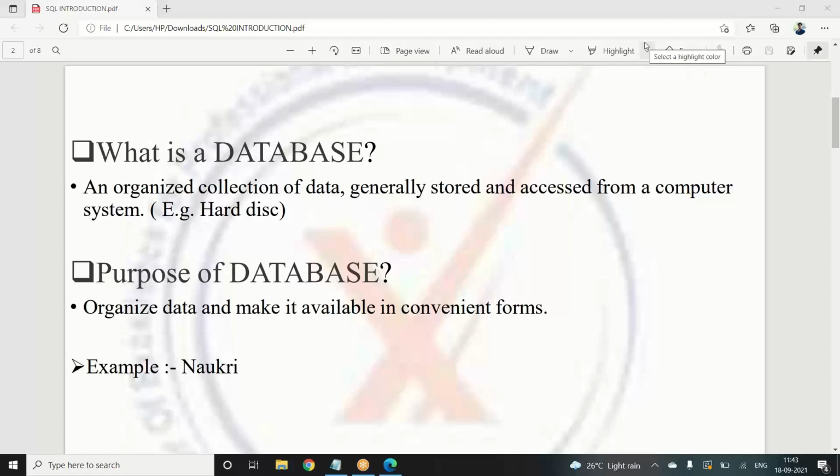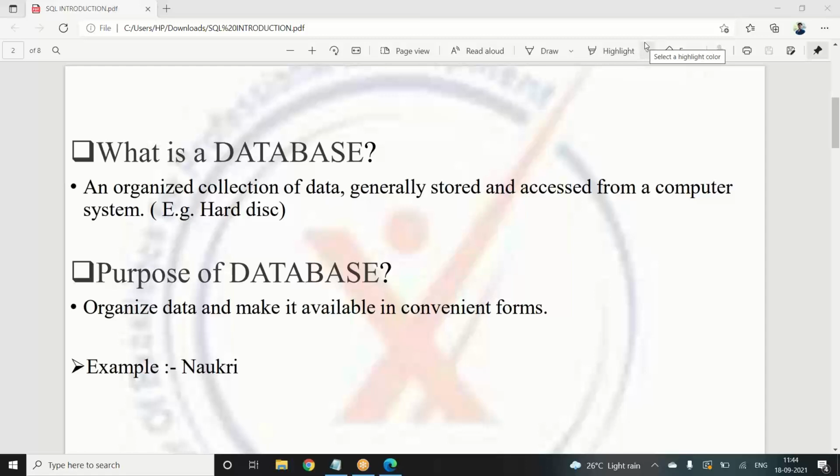Here, the different kinds of products are what we consider as data, and a disorganized collection is like randomly throwing all the data everywhere. If you want to view some specific data, it will be very hard for us. That is why we need an organized collection, separated into different sections so that it is easily accessible for us. That is what the database is for: to organize the data which is present.